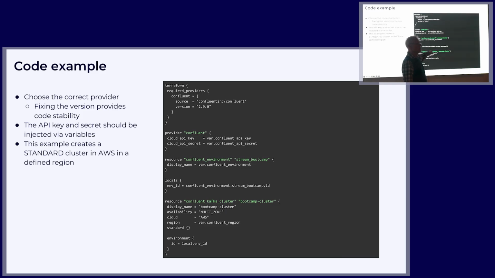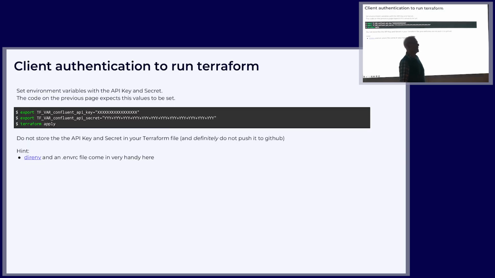If you ever do this yourself, do me a favor, do not put the API key into your code directly. And if you do, do not publish it on GitHub. If you look through GitHub for Terraform code for this kind of stuff, you find lots of API keys in there. That's your golden key that gets you into the cluster and does all kinds of magic on it. Don't do that. The right way to do this is to put the API key and secret into an environment variable. And if you know direnv, that makes life very, very simple. You cd into that directory, run terraform apply, it picks up the right environment variables, job done.